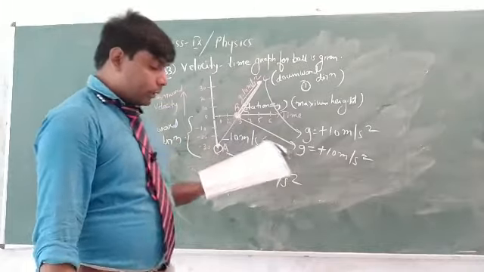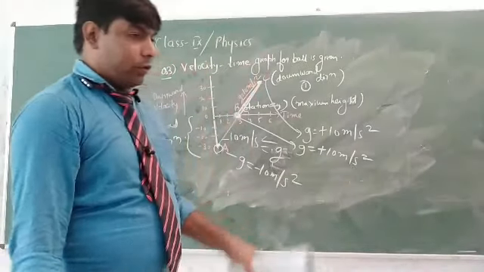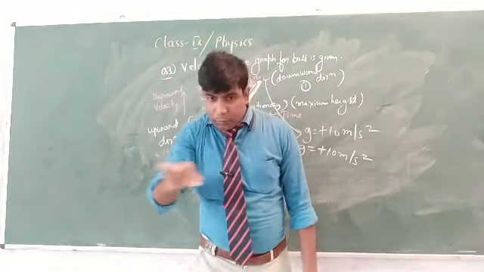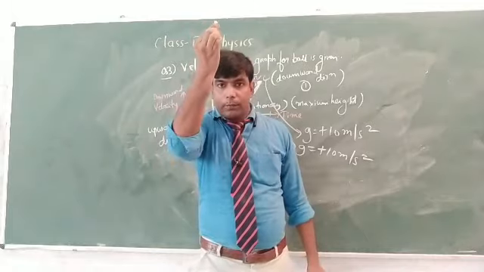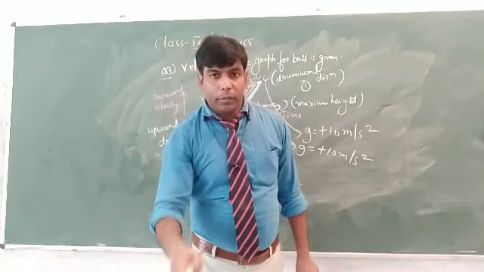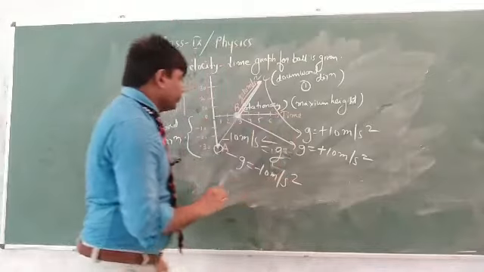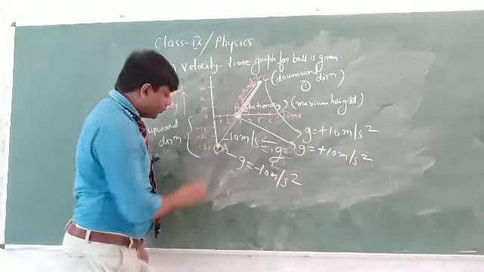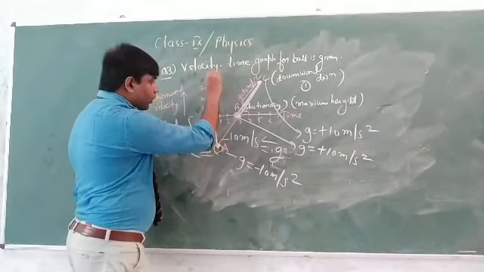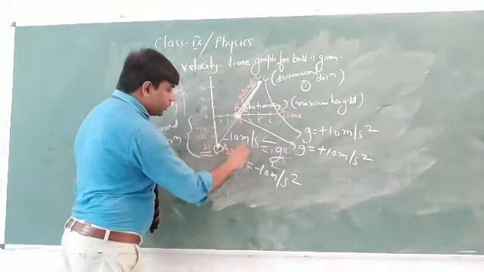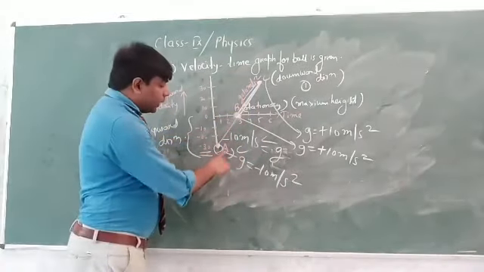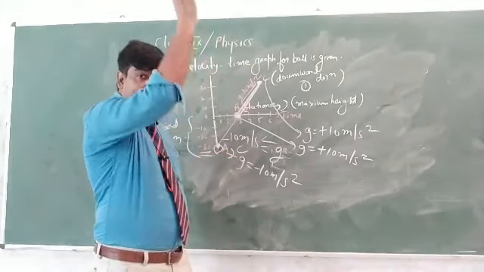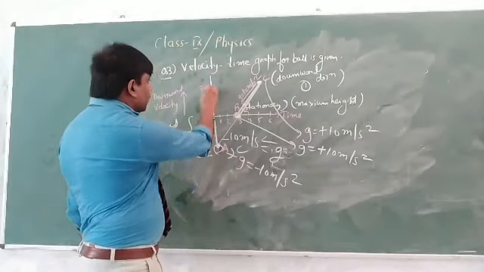Now, at which position does the ball have the same speed as when it was thrown? See, if I throw a chalk with 40, then when it returns to this position, it will be 40. Means when I am throwing upward, it is minus 40. When it is coming down, it is plus 40. Here the chalk was thrown from this position with what speed? Minus 30. It will go up and come down, which means this position is the position of C. A and C are the same position, but at A we are going upward and at C it is coming downward. Here minus 30, here it is plus 30.